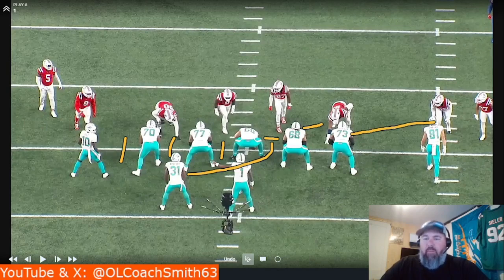Durham Smythe isn't really part of this protection. He's going to look to give a chip before he gets out into his pass route. So looking at the right side here first,